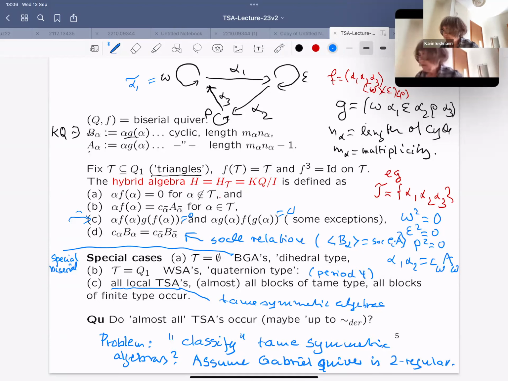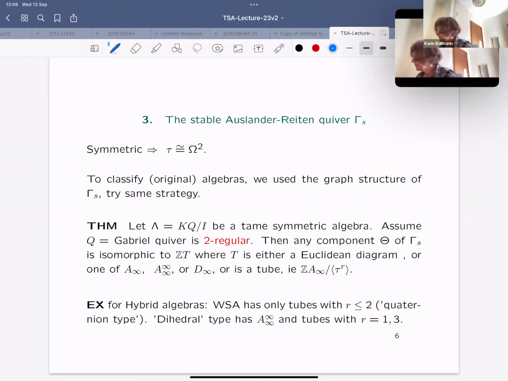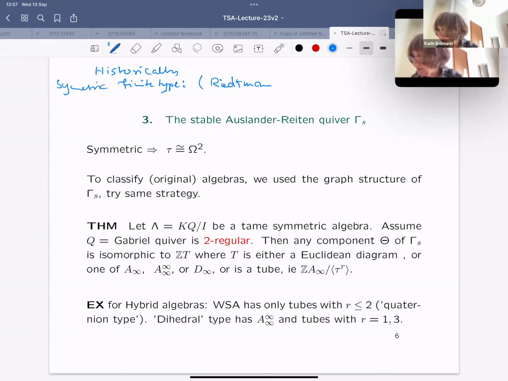Right. So this is a nice condition because you have more symmetry than in general, and you avoid some technicalities. Anyway, if you wanted to classify algebras, historically, for finite type, perhaps describing the Riedtmann strategy. So Riedtmann basically, for symmetric algebras of finite type, showed that